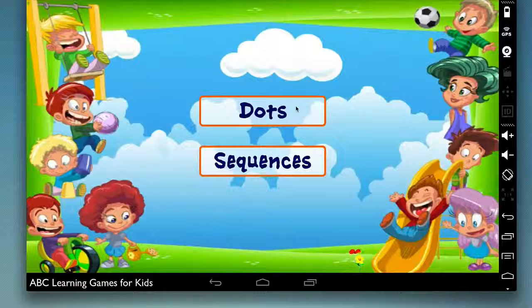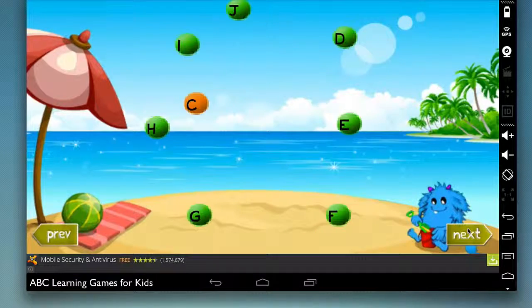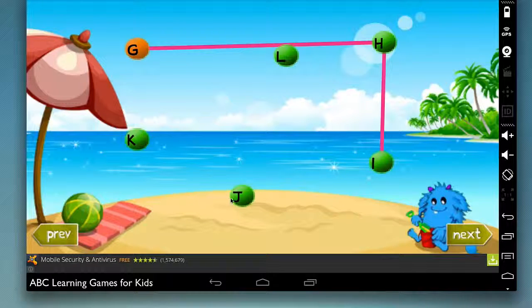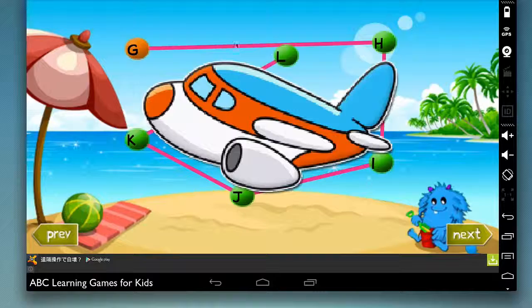Next up, you have pattern. This has dots and dots sequences. So I can click on any of these little things right here. And you can see from here, we can go ahead and jump in. And you'd follow the letters. Basically, this works. So you go from A, and you go to the corresponding letter that's next in the alphabet. So you go A, B, C, D, E, F, G, H, so you want to click on H, and then you want to go I, J, K, L, and then you fill out the little picture right there, and you can see in this case it's a nice little